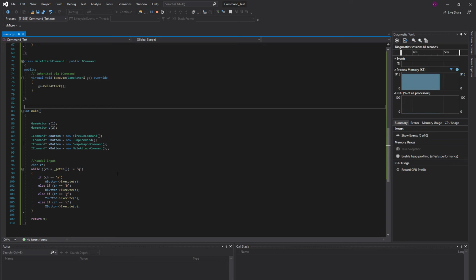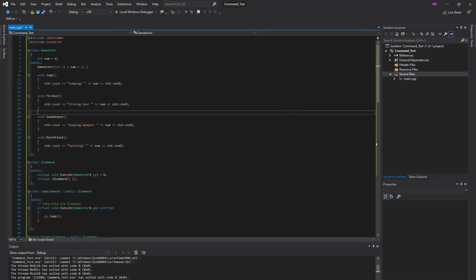So let's say you have, I don't know, a button on screen, and it needs to be able to do different functions. Let's say you have like a skill button down here on the screen. If you click it, it has to do one function, and if you wanted to have it do something else, you can rebind it and have it do something else. Of course, we can expand this even further,